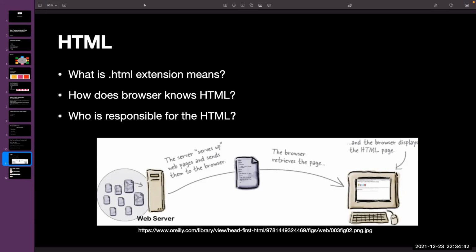And who is responsible for HTML? Who developed this HTML? Everything depends upon open source. It's an open source technology. Any developer can add things to HTML and push it. There is a central organization which understands whatever you push, checks it, and then releases it. So HTML is an open source language only. Anybody can use it. So this is a basic intro of HTML, guys.